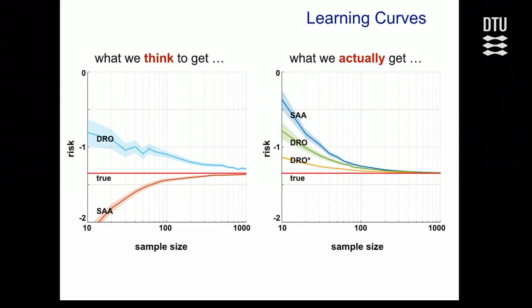So all the out-of-sample performance values need to be higher than the red line, which is the optimum you could attain. Out-of-sample, you cannot go below, right? So what you can see here is that the SAA approach, out-of-sample, performs worse because it's systematically above the distribution